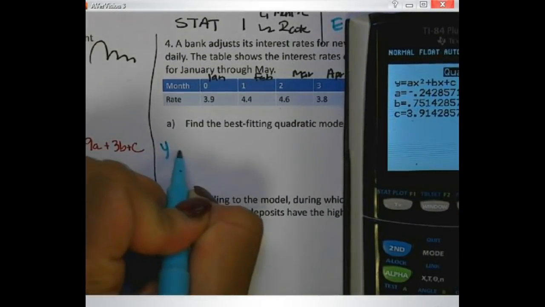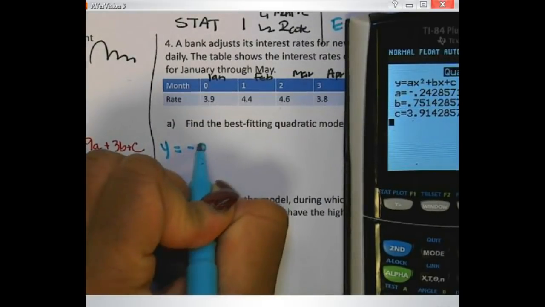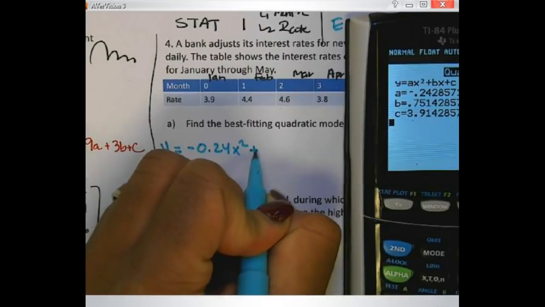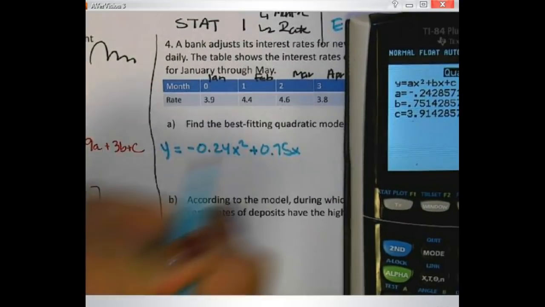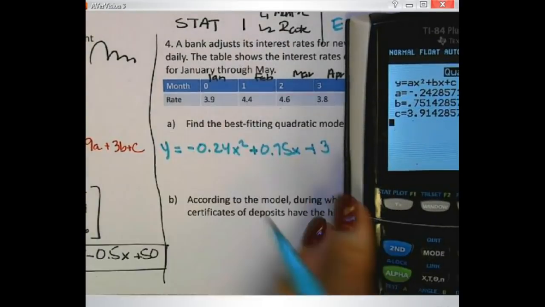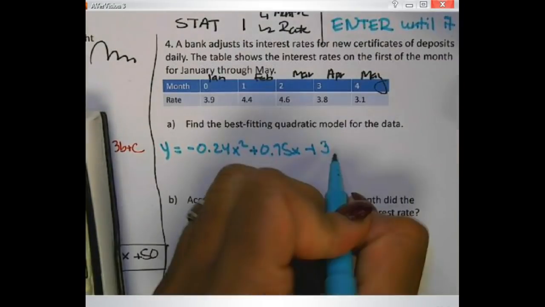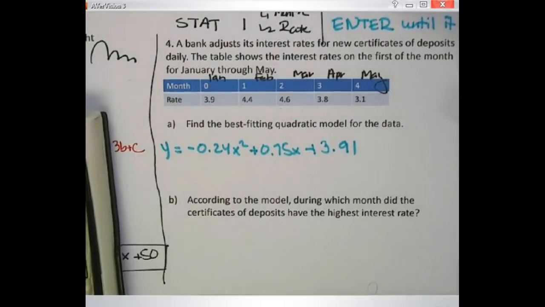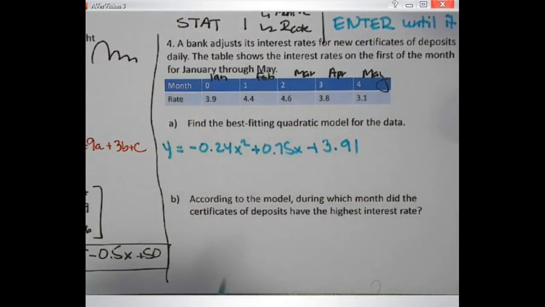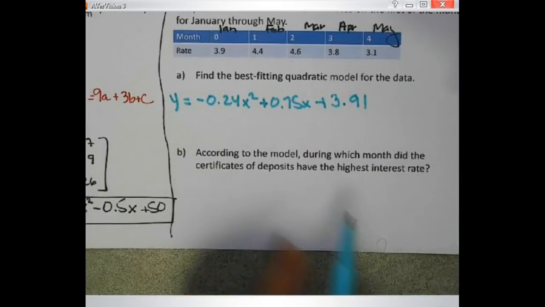I'm going to round to the nearest hundredth. So y equals negative 0.24x squared plus 0.75x plus 3.91. Gorgeous. Now, the next question for this problem says, according to the model, during which month,